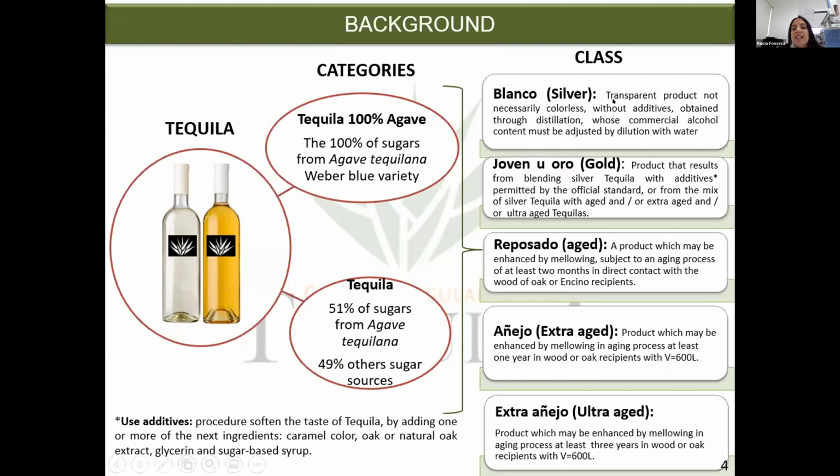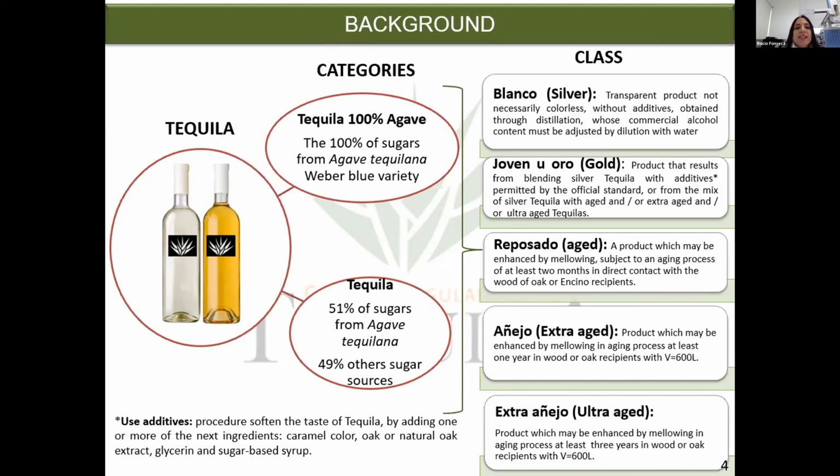The first class is silver. Silver is a transparent product whose commercial alcohol content must be adjusted by dilution with water. The second class is gold. It's a product that results from blending silver tequila with additives. These additives are permitted by the official standard. And the third class is the aged. It's a product that is aged at least 2 months in direct contact with wood, oak or encino